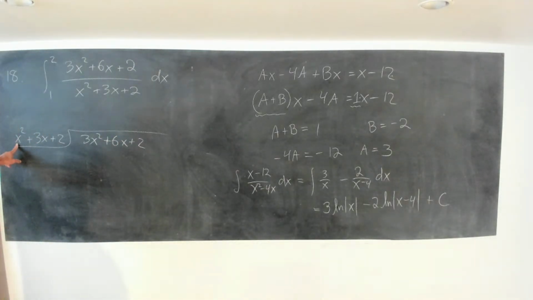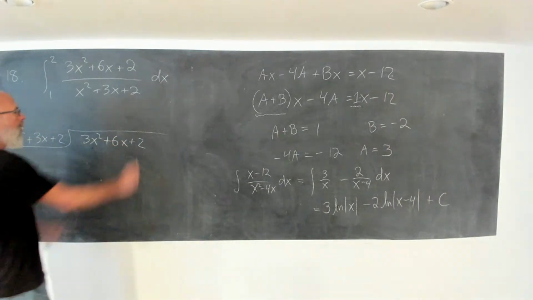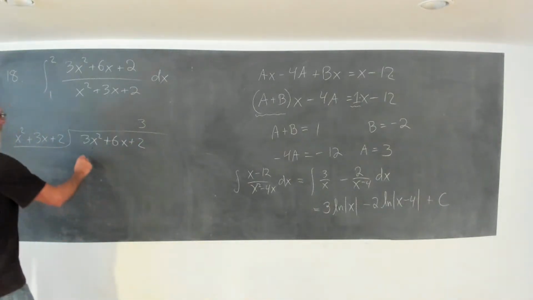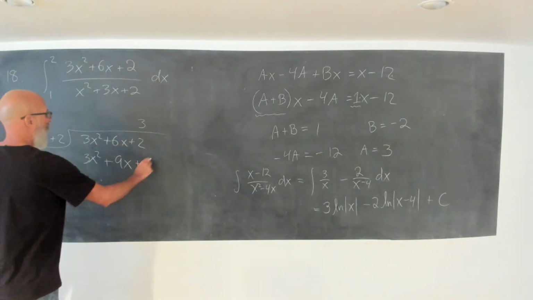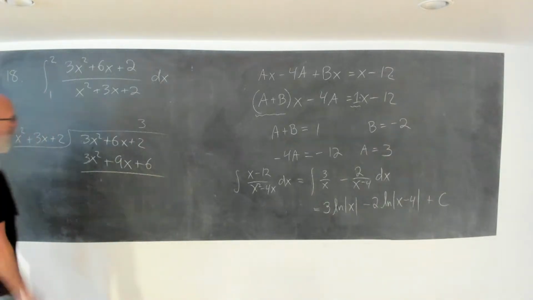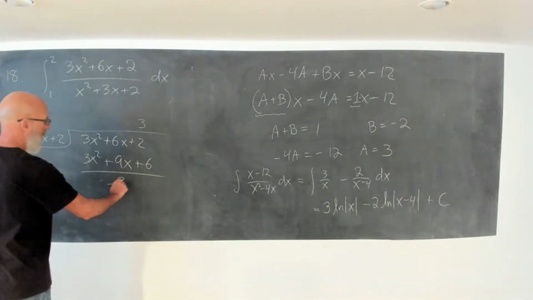What must we multiply to x squared to get a 3x squared? Of course, the answer is 3. And when you subtract,